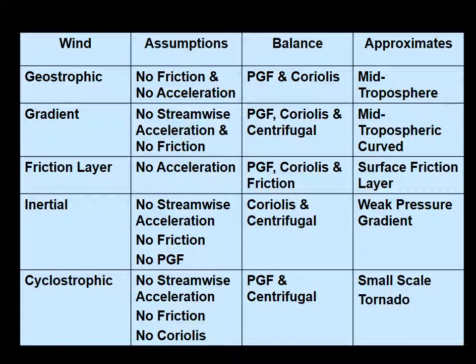So in summary, here are all the different kinds of winds, all the assumptions, the balance of forces for each type of wind, and then what type of area you find this kind of wind. So for example, the geostrophic wind, the assumptions are there's no friction and no acceleration. It's a balance between pressure gradient force and Coriolis, and you usually find it in the middle of the atmosphere where the winds are not curved and where it's not accelerating. So you can look at all the other ones, and this is also in the PowerPoint presentations that are at